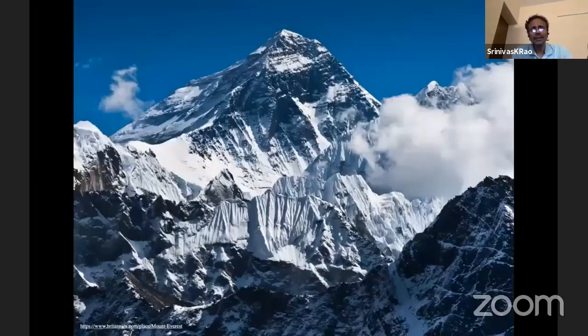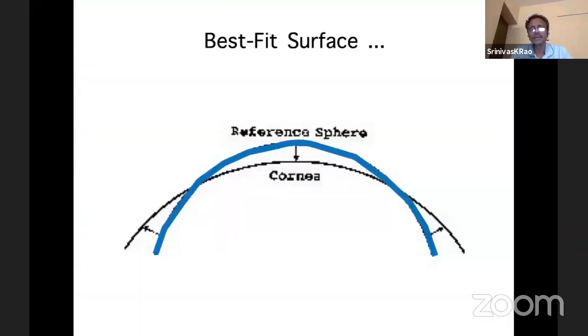Now, when we talk about elevation, just like we talked about topography, the axial, the instantaneous, and so on, we must understand one basic concept at the start about elevation. This is a picture of Mount Everest. I didn't know its height. I had to look it up on the internet. This is 8,848 meters. But 8,848 meters in relation to what? So we always say elevation on the earth is in relation to sea level, the mean sea level. So based on that, there is something that is elevated. So remember that when we go back to talk about the cornea.